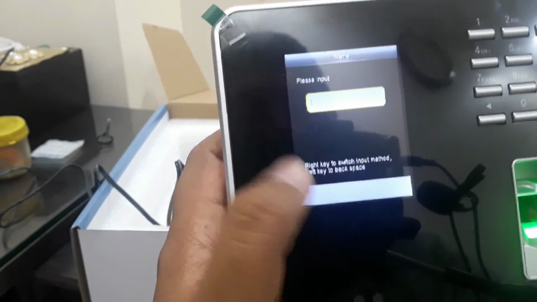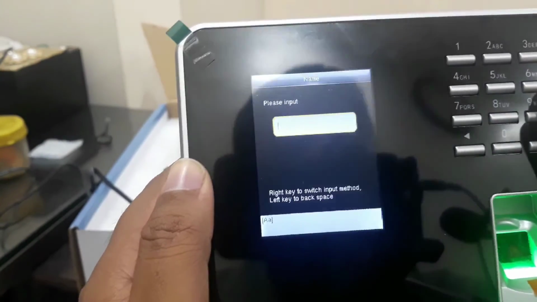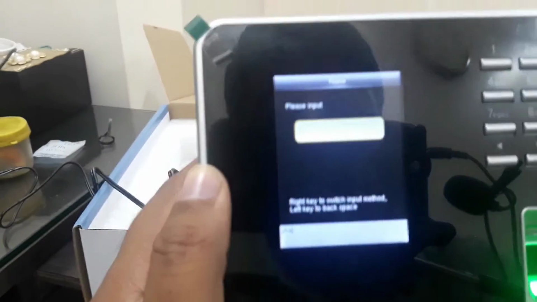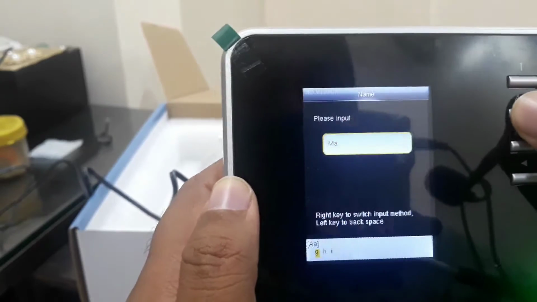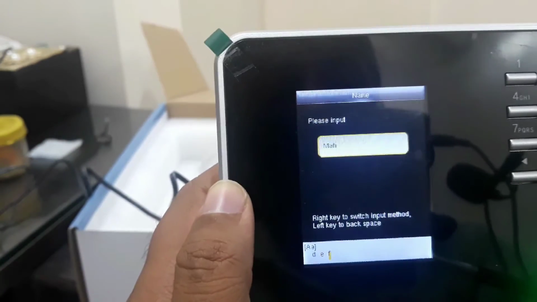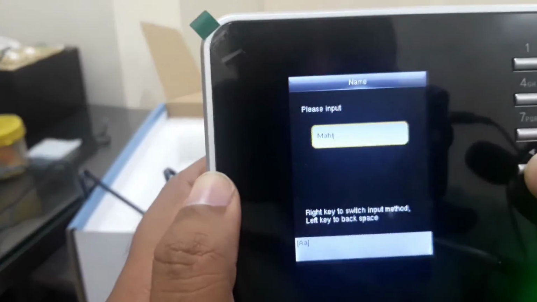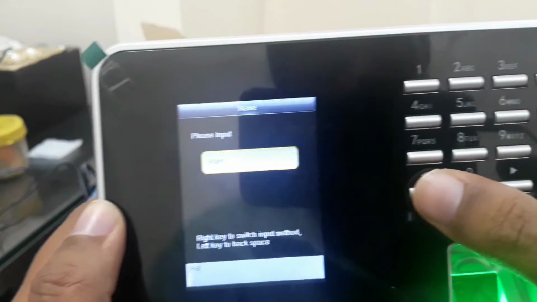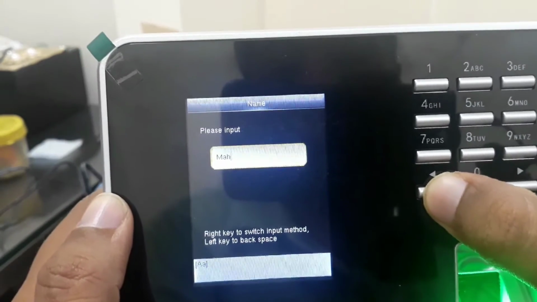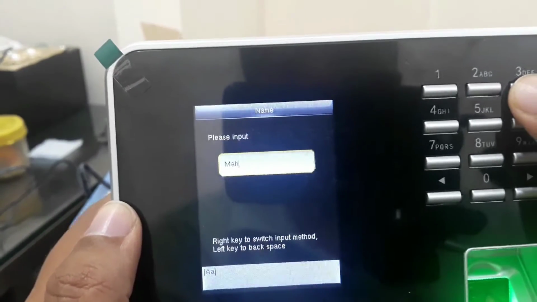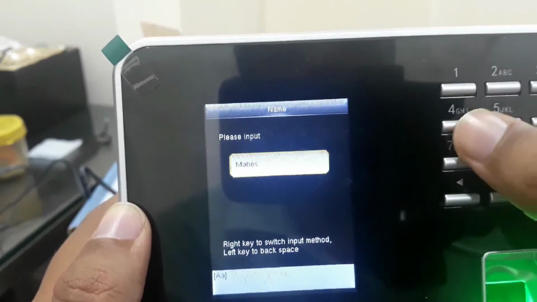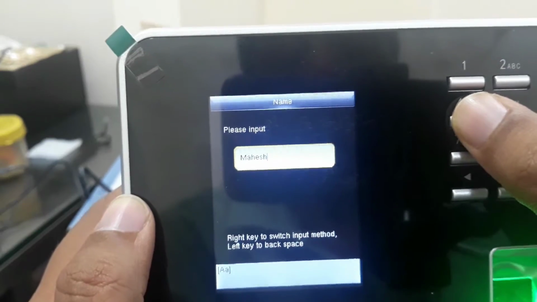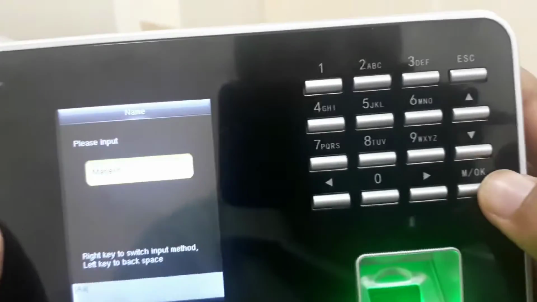Suppose I want to enter the name Mahesh, M A H E. Suppose I want to backspace, this is the backspace button. Now E S H. Now click on the OK button.